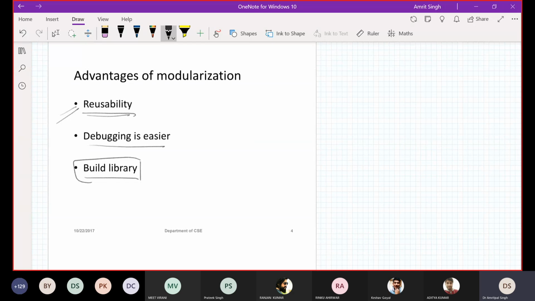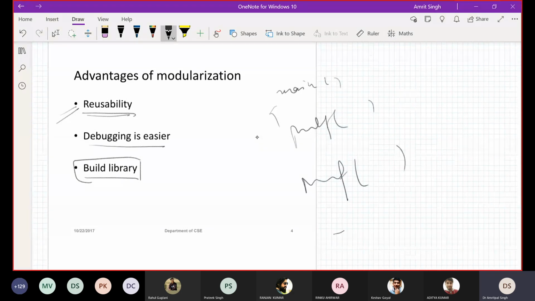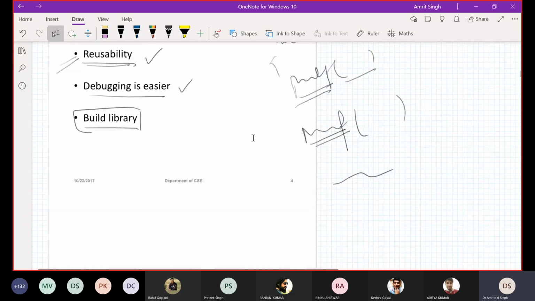Can anyone define this? What is this point, reusability? Quickly, we are going to cover this theory. Yes, what do you mean by reusability? We can use the same function many times in the program without rewriting the code. Very good. Like if you want to print five things in 5 lines in your program, what do we normally do? We simply write printf 5 times, right? That means I'm reusing a function again and again. That is the best part, and these are the two best features of modular programming.